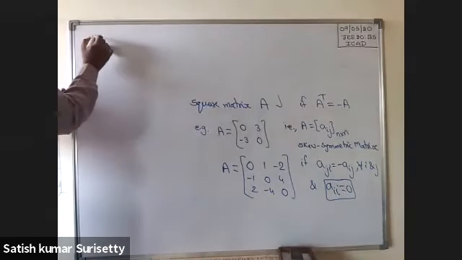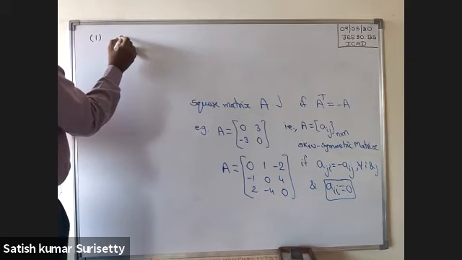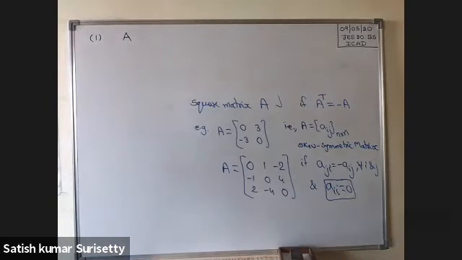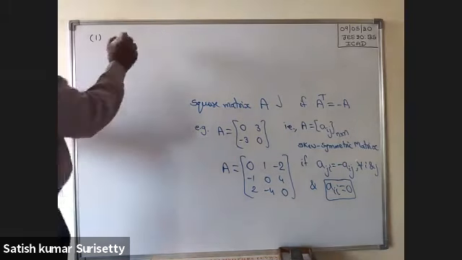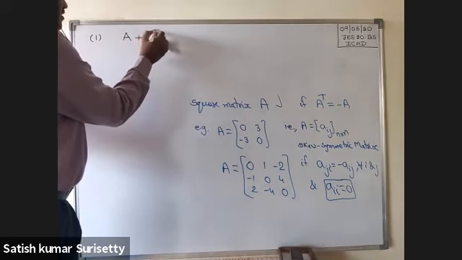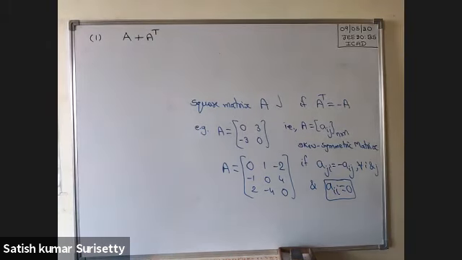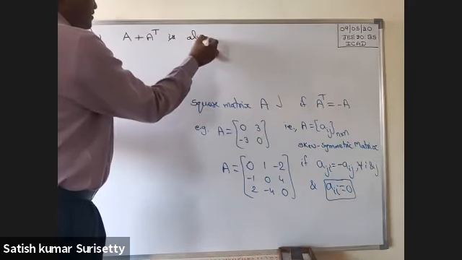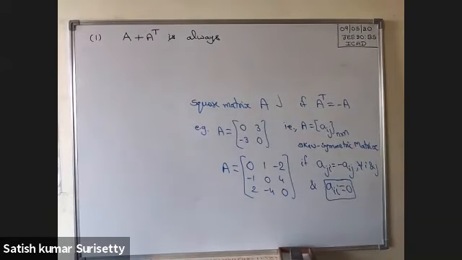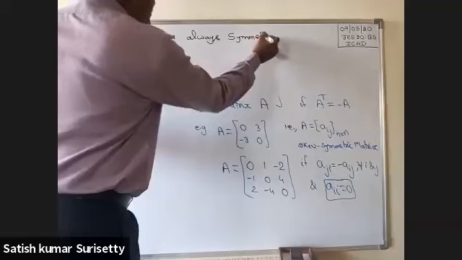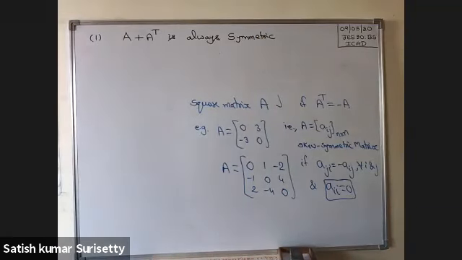Right, next. If A is any matrix, then A plus A transpose is always a symmetric matrix, provided the sum is defined. When the sum is defined,